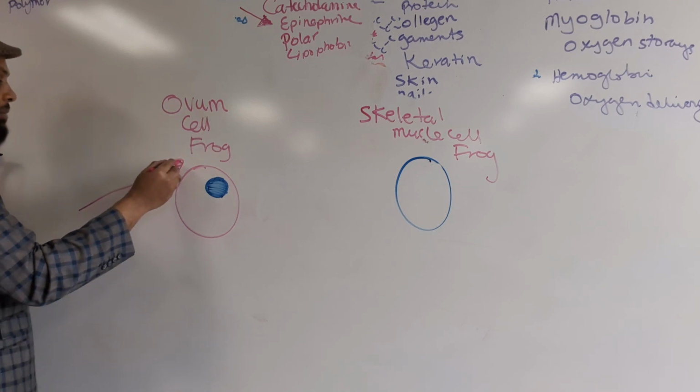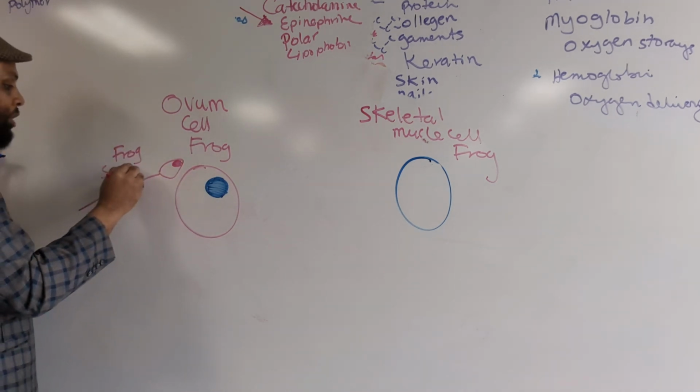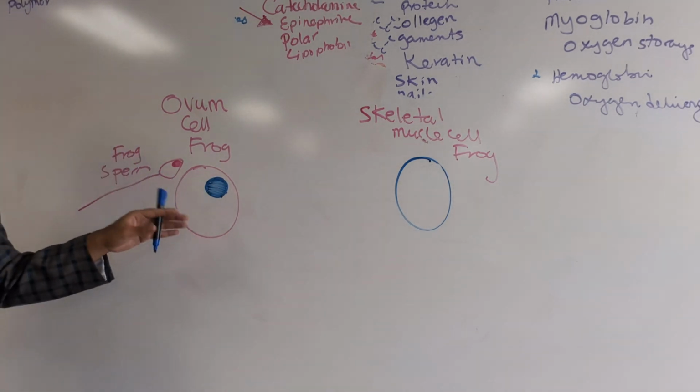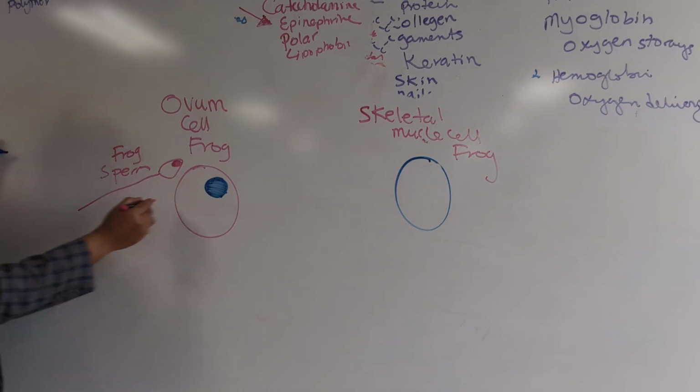What do you think happened when the frog sperm came? What did it do? It fertilized the egg fine, as if that nucleus was actually an ovum nucleus. So what did they conclude? They concluded that